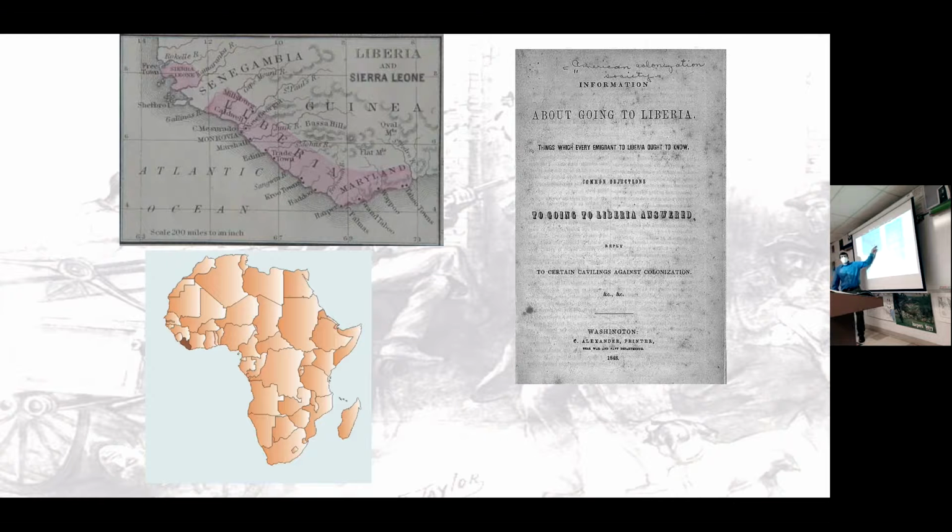Originally, it was going to be all on the coast. They kind of bought it, a complex where they bought from a couple of tribes there. You guys are going to call part of it Maryland, but that would eventually go away and become the Ivory Coast. But Liberia is still there. And this class difference between the former slaves and the Africans who were there would grow for a long time. Basically, the former slaves were this little elite group that ran the country,